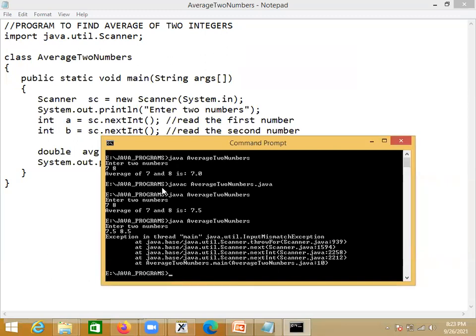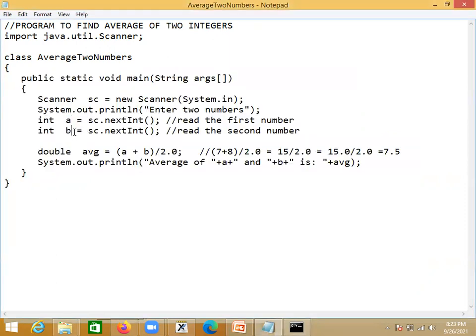So that's why, if you want to supply floating point numbers or double type numbers, you should change the data type of A and B to double type. In such a case, it reads. Let us make a change here, double, and here instead of integer type I change it to double, and you need to change this method also.